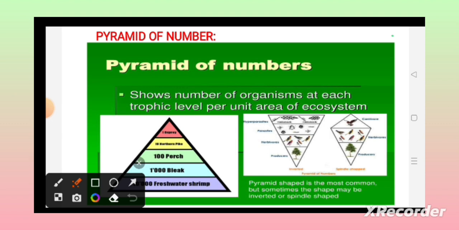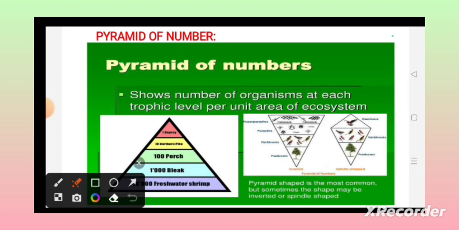After that, it will lead to the second, hyperparasites. The hyperparasites which live on the parasites are very high in number. So the number of organisms is increasing from one trophic level to another trophic level, which gives the inverted shape of the pyramid. And in some cases the tree ecosystem shows